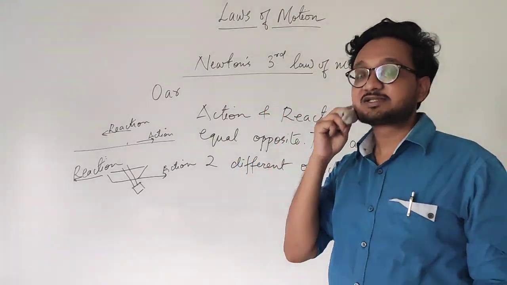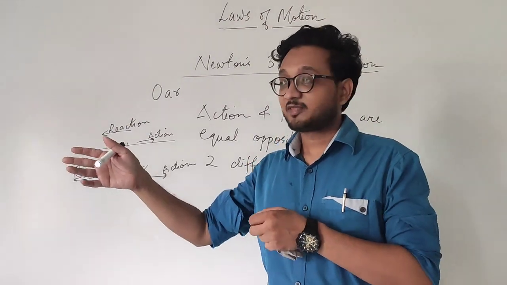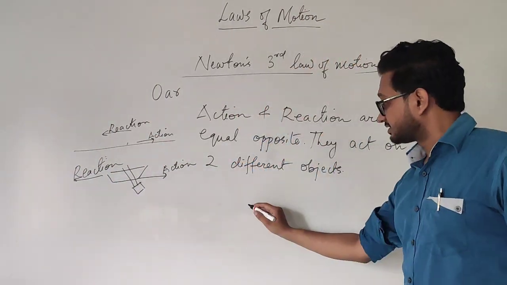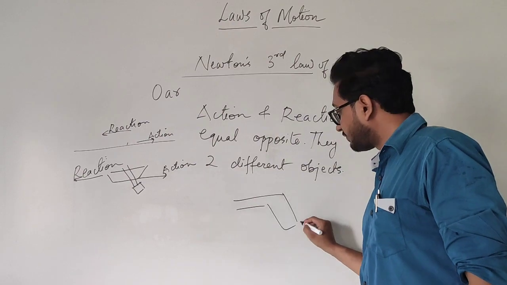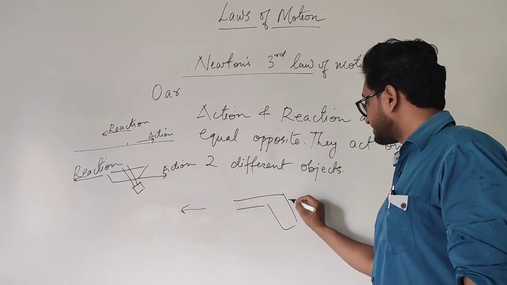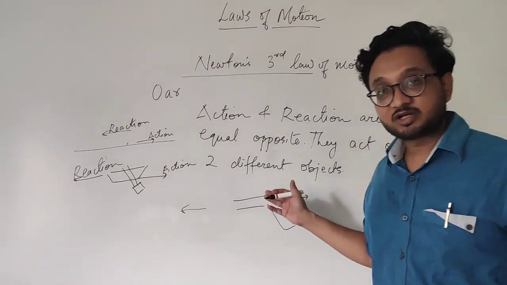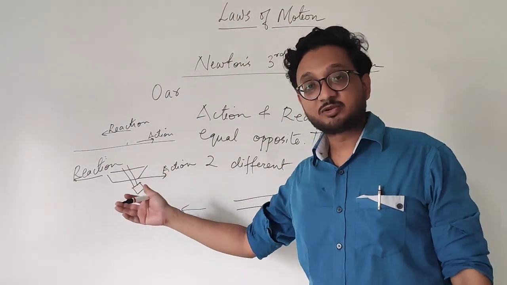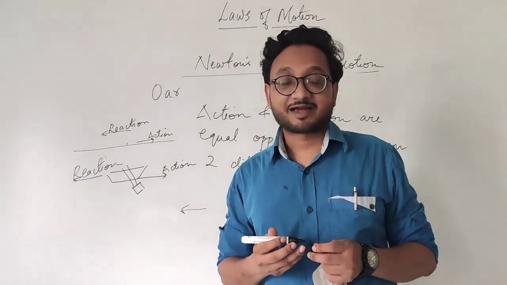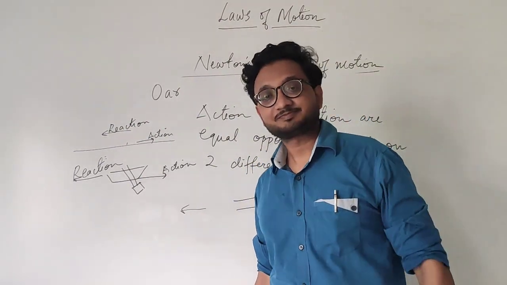The third one is when a gun or a rifle is fired. You might have seen that whenever a gun is fired, it gets a jerk in the backward direction. Whenever a gun is fired, the bullet moving forward is the action, and the bullet itself gives the reaction to the gun. Whenever a gun is fired, the bullet moves forward, that is the action. But when the bullet moves forward, it gives the reaction on the gun in the backward direction. That is action and reaction explained in one example. I hope it is clear to you, students.